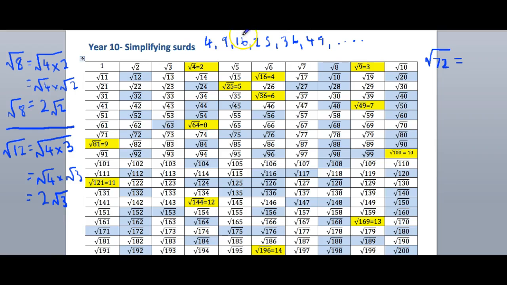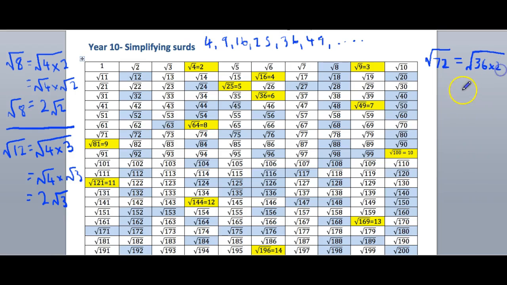16, I don't think does, no. 25 doesn't, but 36 does. Okay, so even though 72 has 3 factors that are perfect squares, you need to choose the highest one. So in this case, it's 36. Okay, so 72 is the same as 36